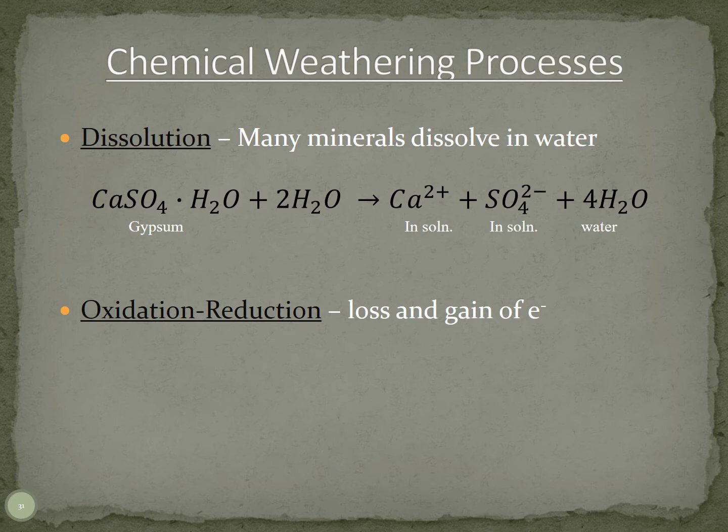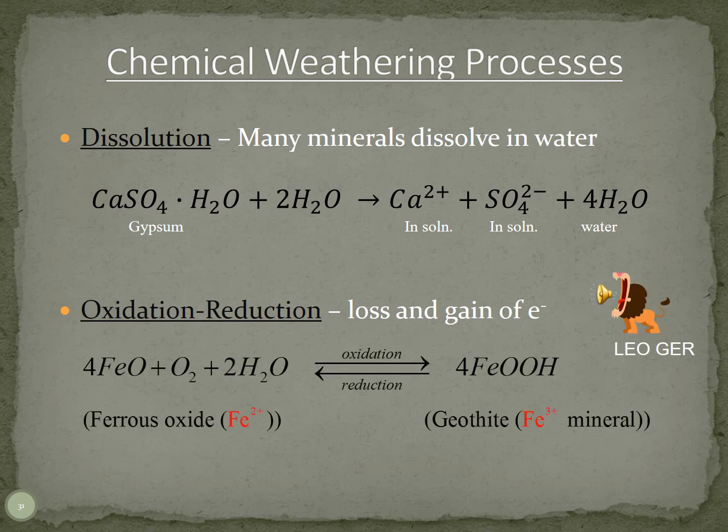Oxidation and reduction is the loss and gain of electrons. So you may have heard of LEO GER to help you remember this. In one direction, we have oxidation occurring, and in the other direction, we have reduction occurring. And so we see this in the example of iron plus 2 on this side versus iron plus 3 on this side. So LEO stands for the loss of an electron is oxidation, where the gain of an electron is reduction. Electrons are negatively charged.